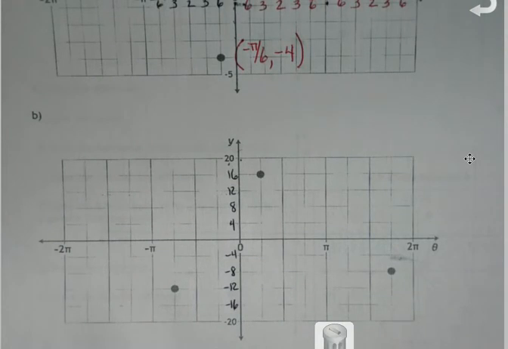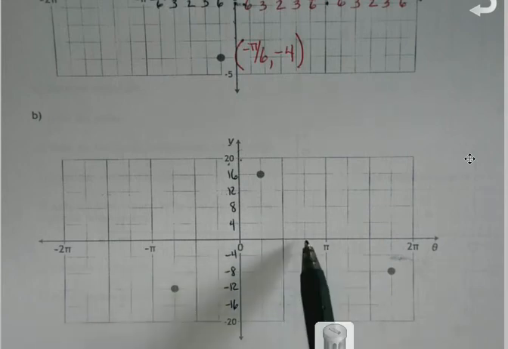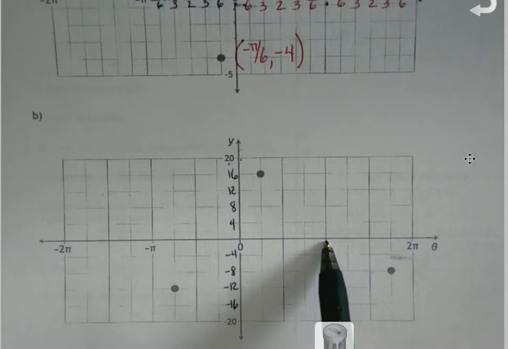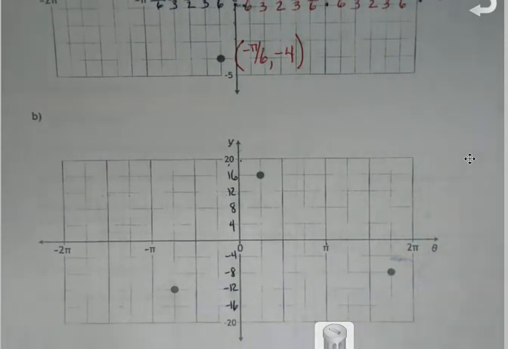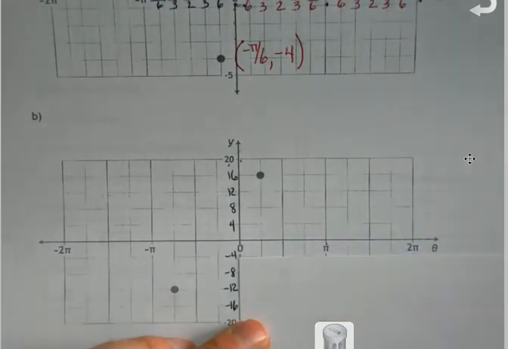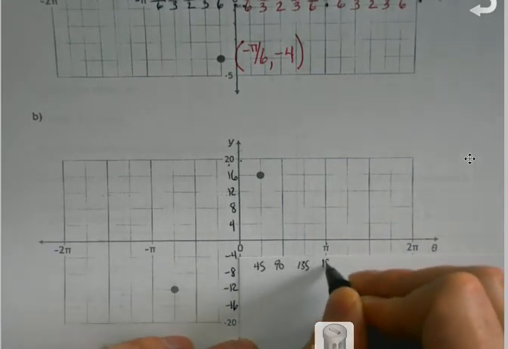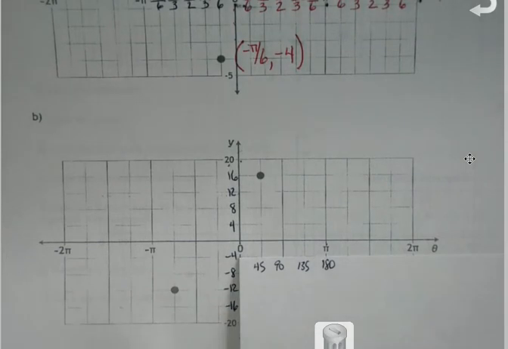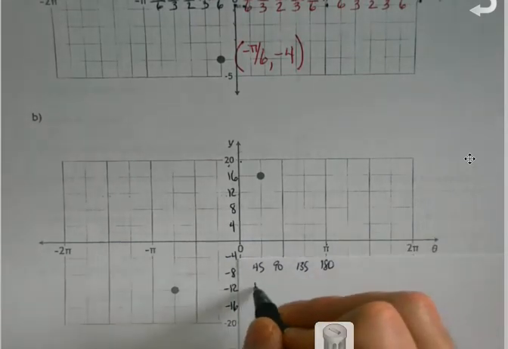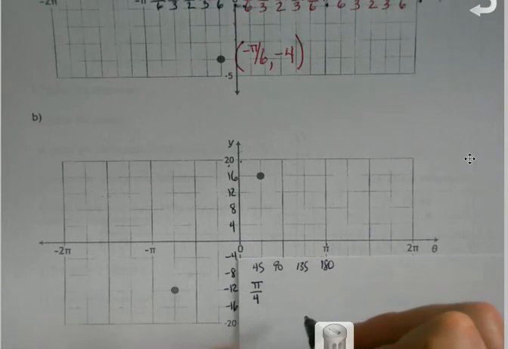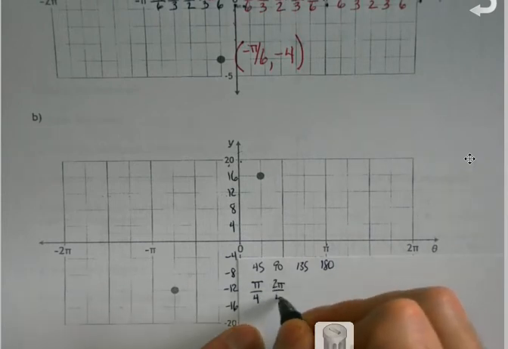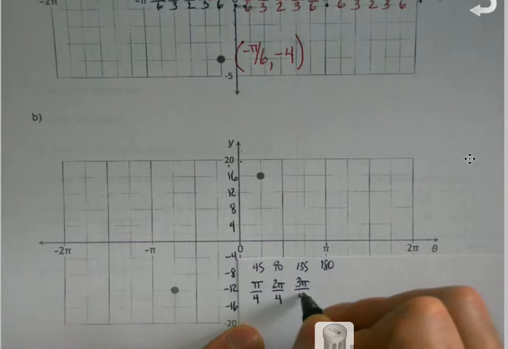But this time, notice I don't have 6 tick marks in between my pi. 1, 2, 3, 4. Right, so we're going to do 180 divided by 4, which means each of these are going to be in 45-degree increments. So again, whether you decide to write this down, you're either going to say, okay, I'm just going to take pi and divide it into 4, and I'm just going to add 1 to it each time, which is an absolutely fair way to do it,